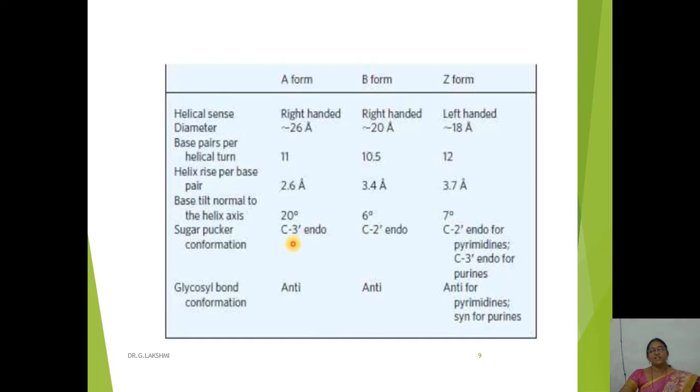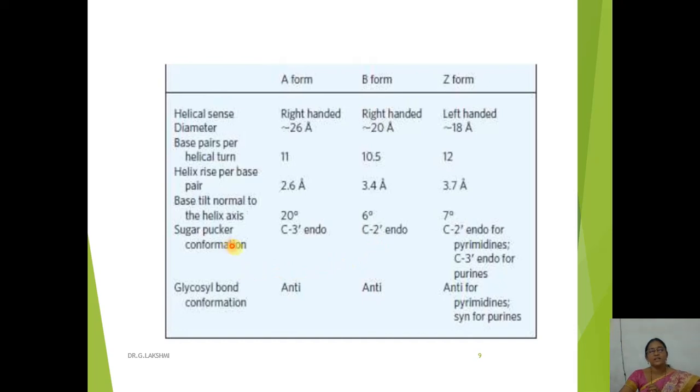Whereas for the A form, on the sugar moiety, the third functional group becomes hindered. For the B form, the second functional group on the carbon atom becomes hindered. That means it does not show on the structure directly. That means the sugar molecule becomes wrinkled. In the wrinkled form of A, the C3 position we cannot see, whereas for the B form, the C2 position we cannot see.